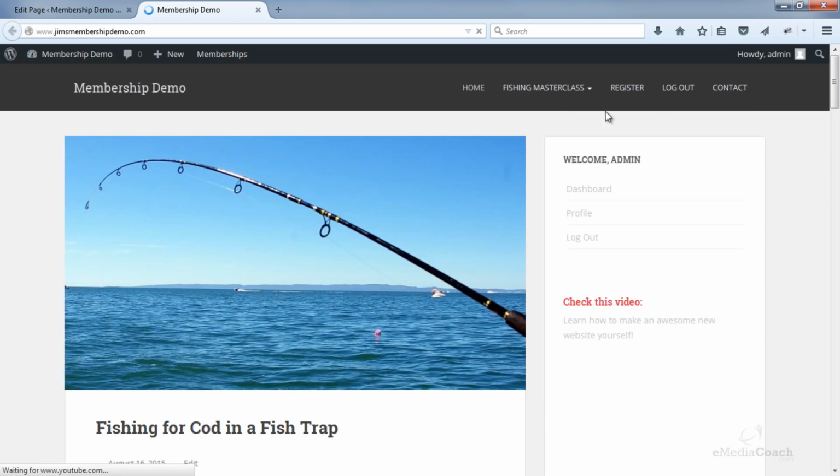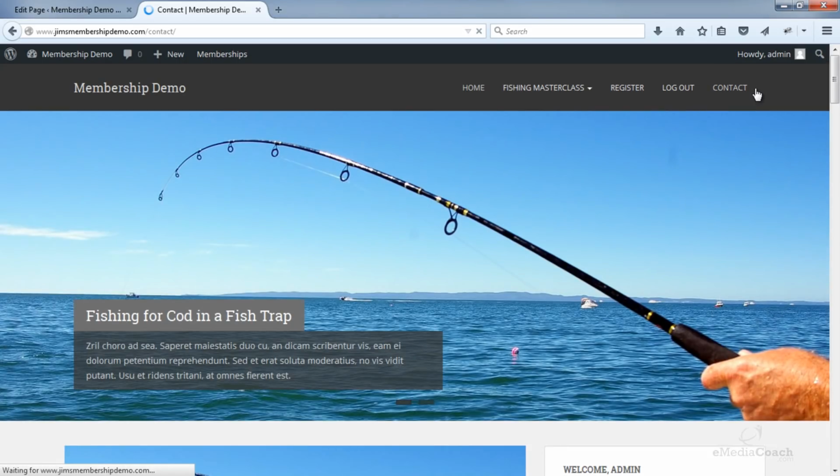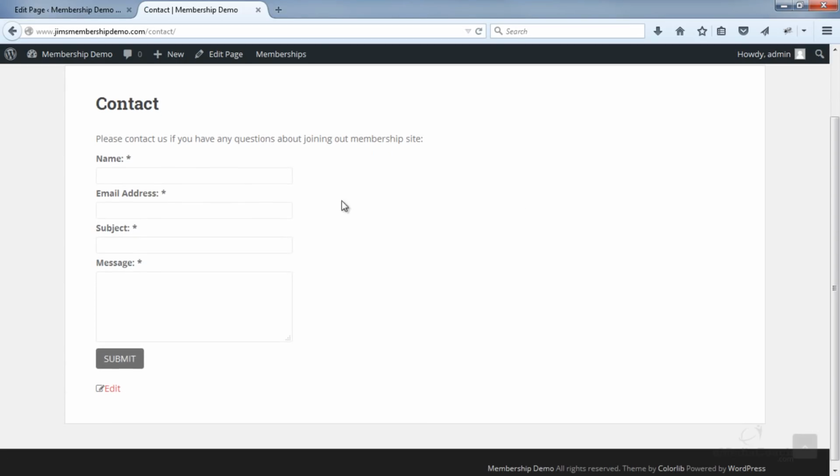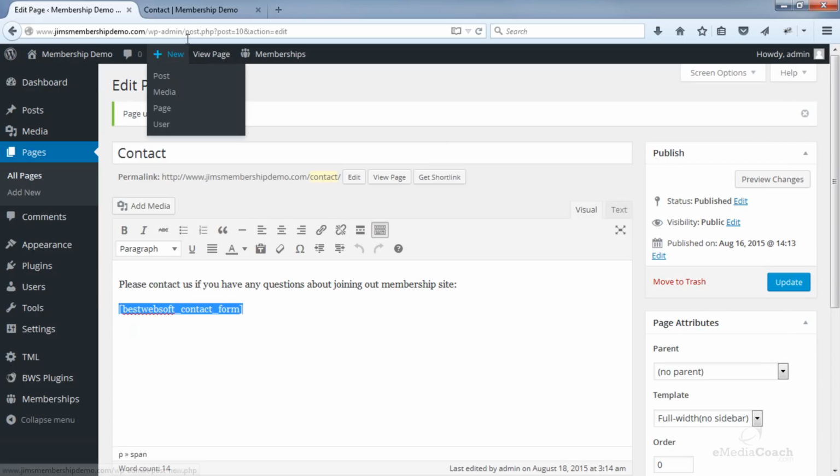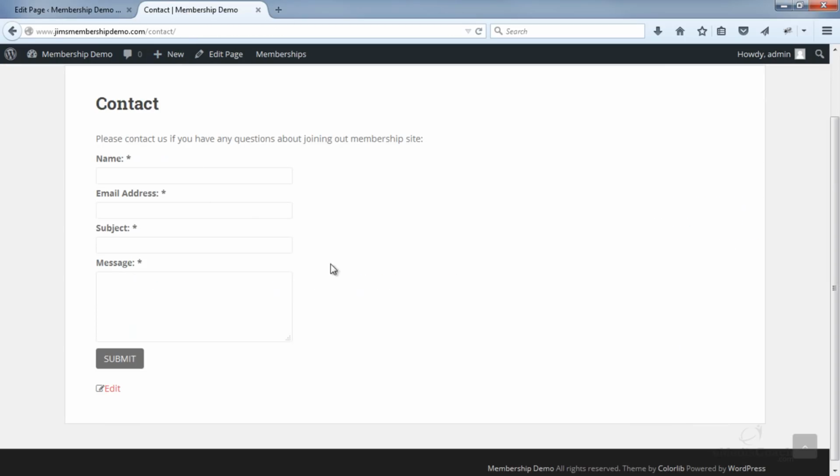Let's see what that looks like. There we go. There is our contact form. That's the text we put above the form, and anywhere you input this little tag over here, that is where the contact form will appear. So you can add this on any page that you want, really. It's really up to you.